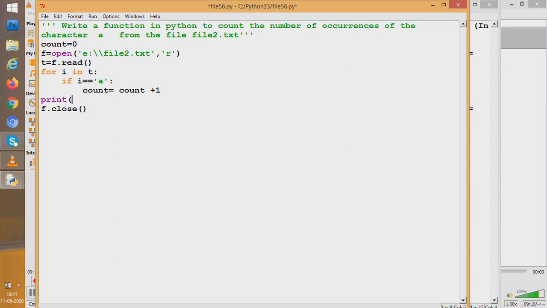We'll come out of the loop and write the number of occurrences of a is, what will I write? I'll write count. Count has that number of occurrences. So I wrote count. So let us run this code and see how it works.